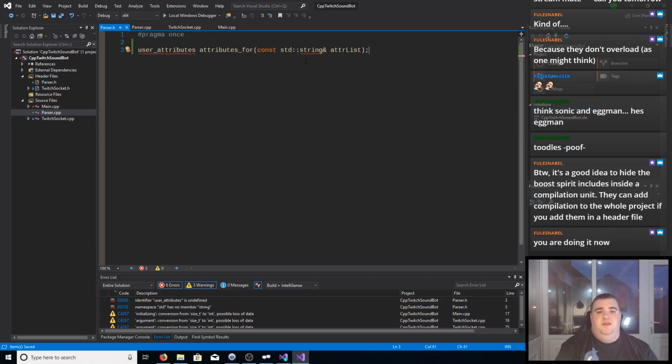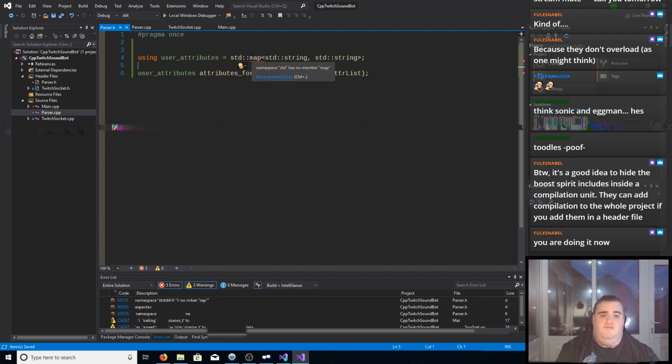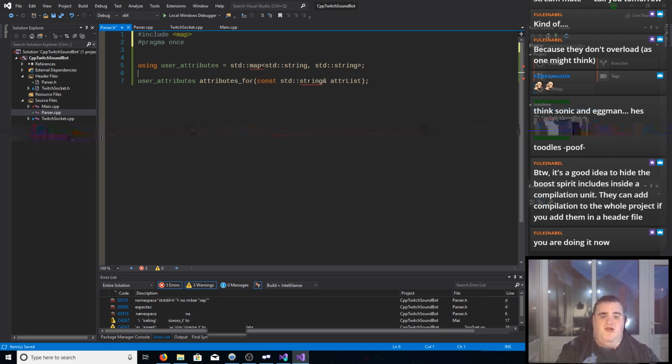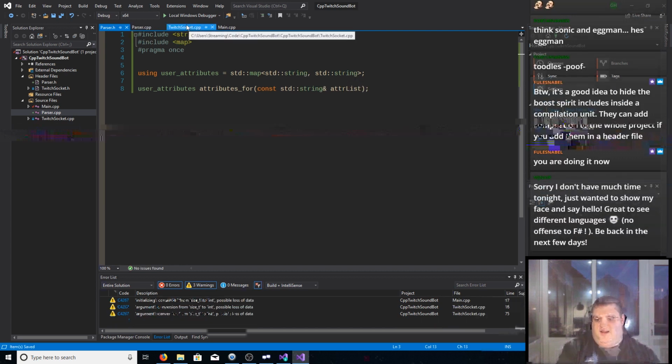Of course, now we need to move this definition of the user attributes as well. The user attribute type is there. Standard has no map, let's include maps. Standard has no string, let's include strings. And at this point,